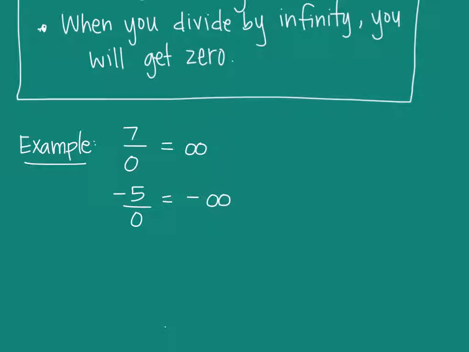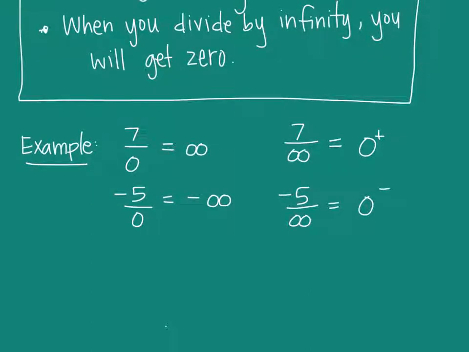We'll get there. Okay. All right, so conversely, if you have 7 divided by infinity, what will that be? 0. But just like you had to specify positive or negative for infinity, I need you to specify a positive or negative for 0 as well. So these are both positive numbers, and so I will end up with a 0 positive. So could you say negative 5 divided by 0 negative would be infinity positive? Yes. Okay. All right, so negative 5 divided by infinity, that would be 0 negative.